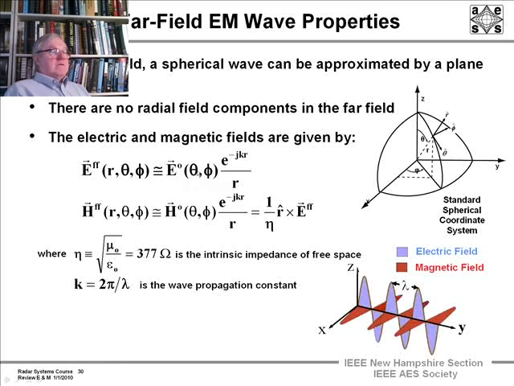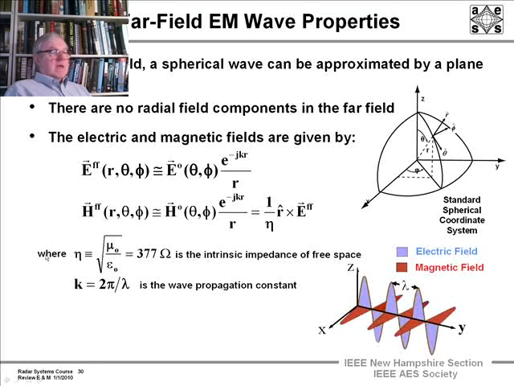So the electric and magnetic fields are in the theta and phi direction, and they go as 1 over r times e to the minus jkr. They drop off as 1 over r in the far field. And this is the calculation in the far field approximation for the electric wave and the field intensity. And for the magnetic field, the difference between it and the electric field is just r cross a unit vector in the direction of propagation, crossed with the far field vector, divided by